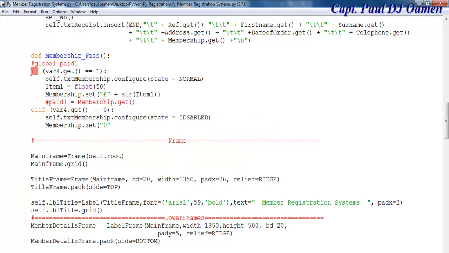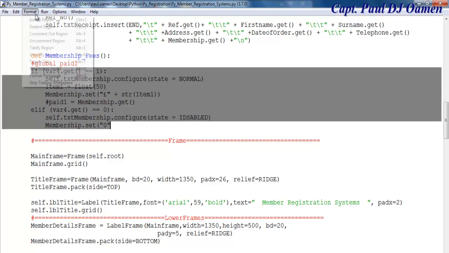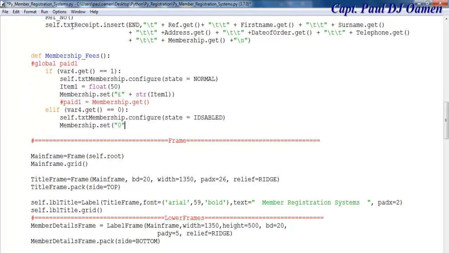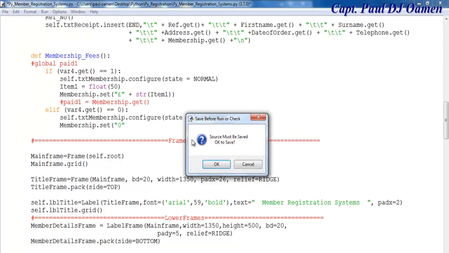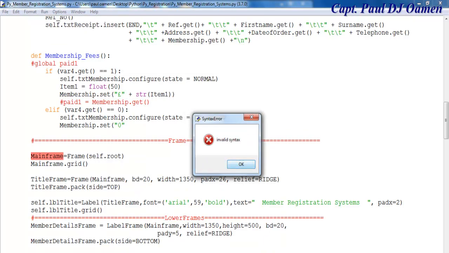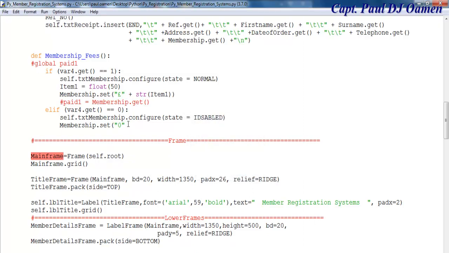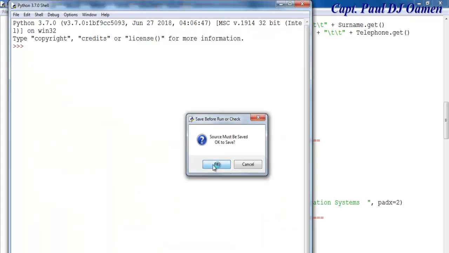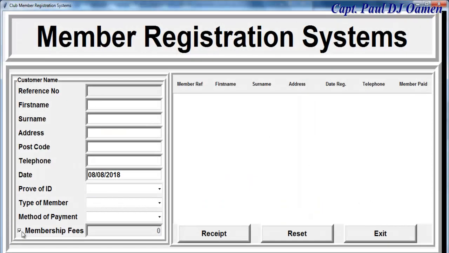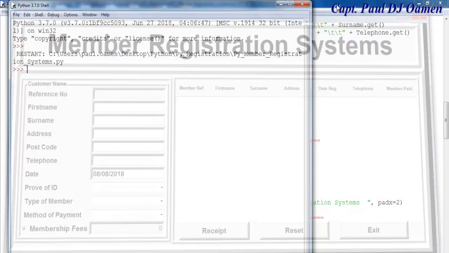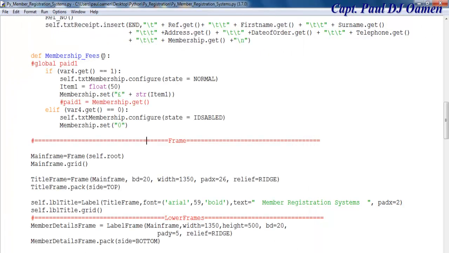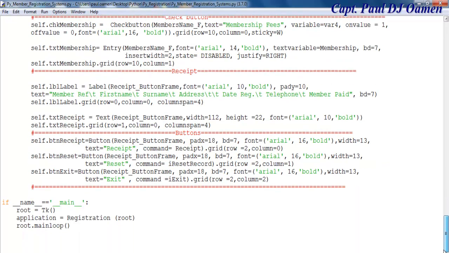Expect an indentation. Let's highlight it all, come into format, get it indented. Okay, we need to close this here. Hopefully that should be the end of this error. Right, we'll click on this. Okay, we need to now call membership fees. Come in here, highlight that,